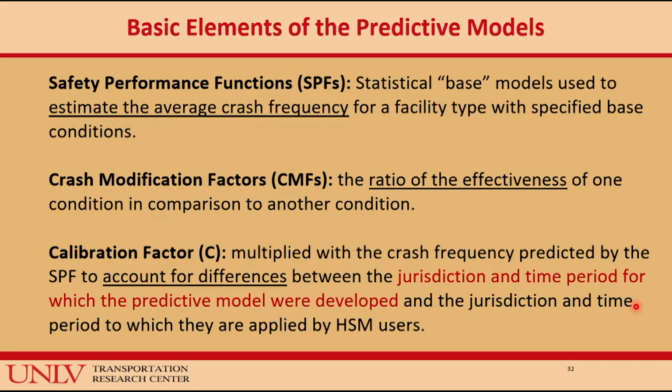So there is yet another term called the calibration factor. At this time I am going to say just assume calibration factor is 1. Nominally it will be close to 1, saying okay, in district 1 or in city A this was it, but city B has got some minor differences, so instead of taking exactly what it was, it will be 0.99 or 0.98 or 1.02, 1%, 2%. I do not expect the calibration factor to be 5 or 10. It is going to be close to 1. For our discussions here, just assume that it is going to be 1.